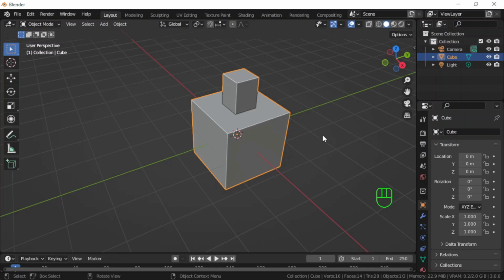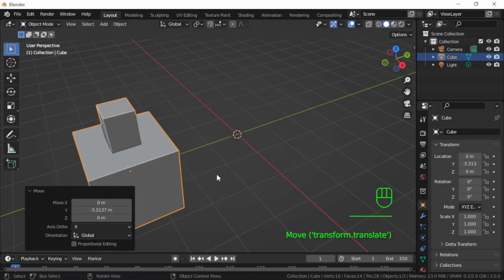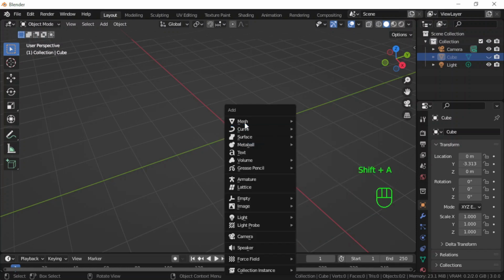I will grab it on Y axis, press H to hide it. I will add another cube, Shift A,